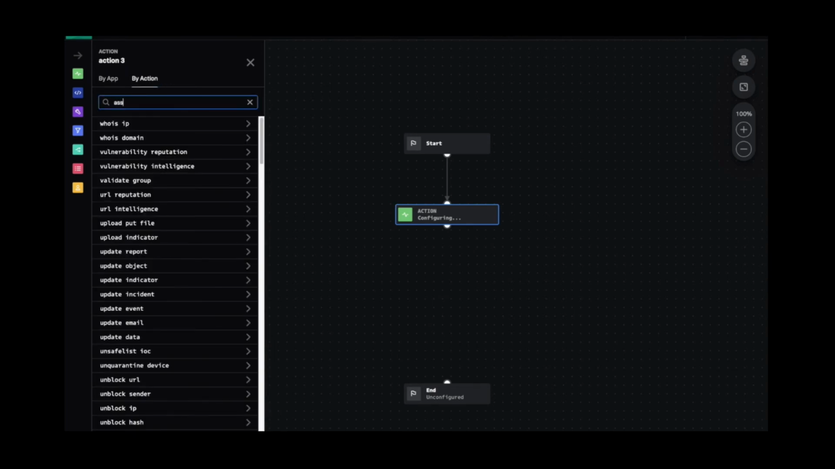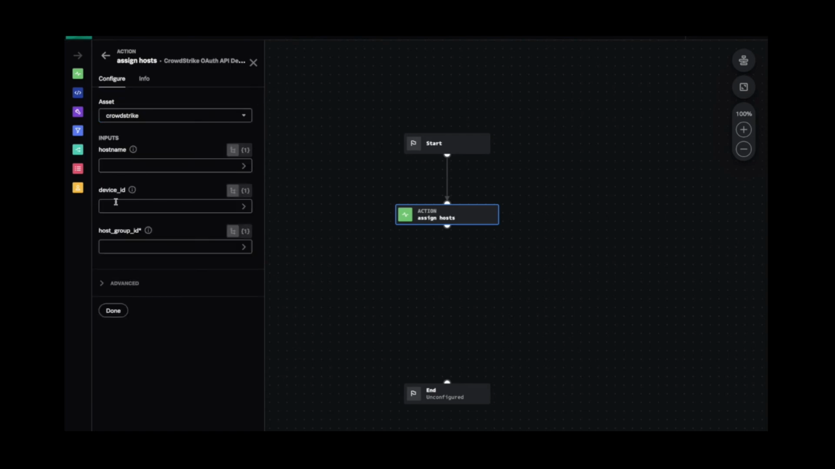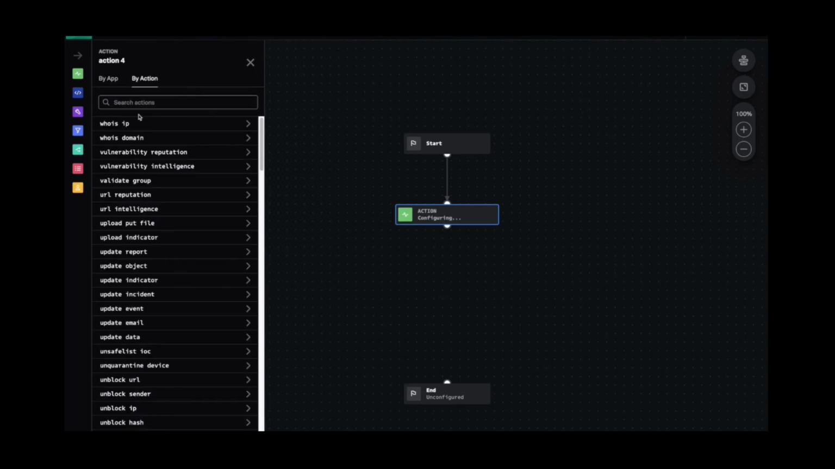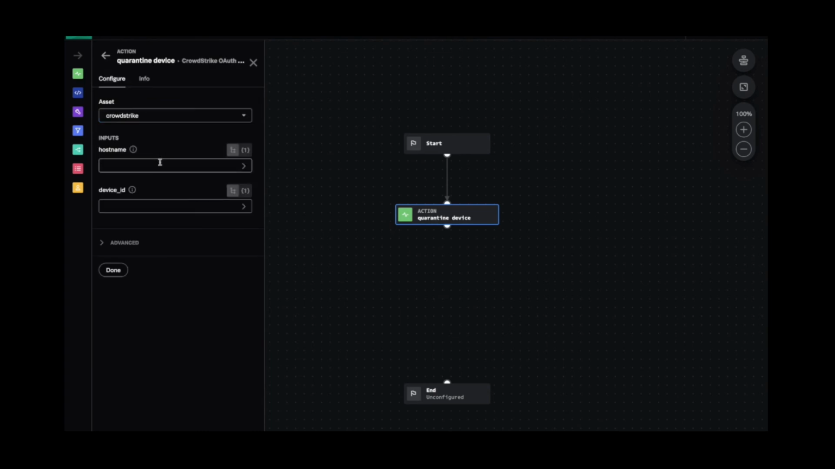Now, I want to showcase that we could go ahead and assign that host and do some dynamic group assignment like we discussed earlier in our presentation. But maybe we're just starting out and all we have available is just a flat quarantine. We haven't quite matured our system response. So we'll go ahead and select quarantine device in this simple example,